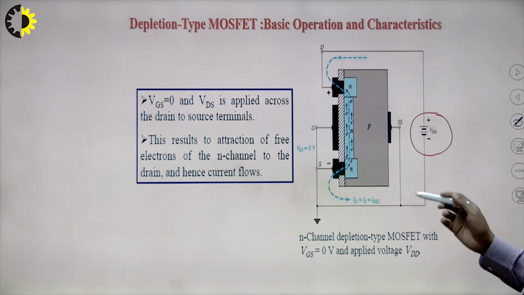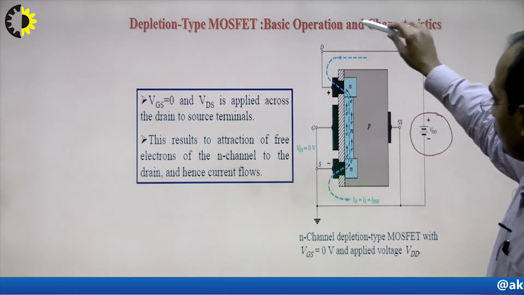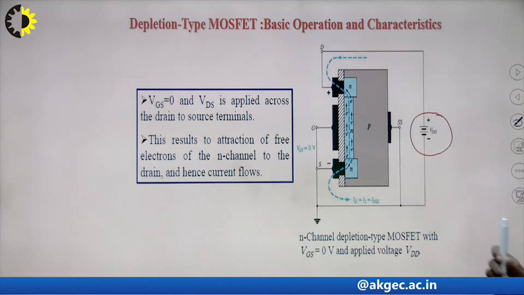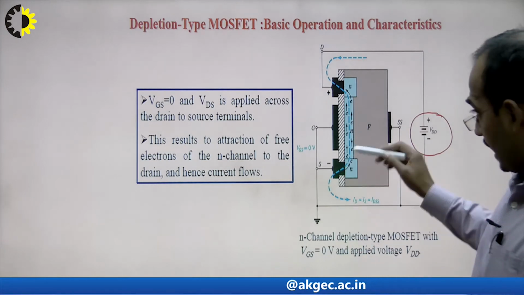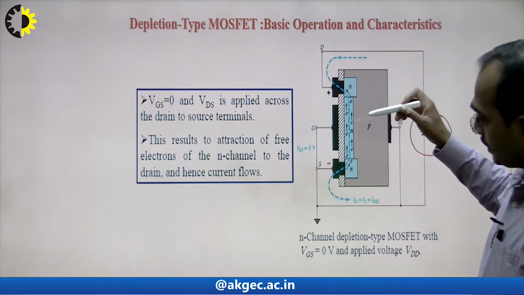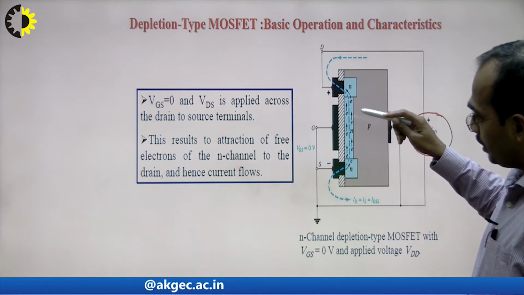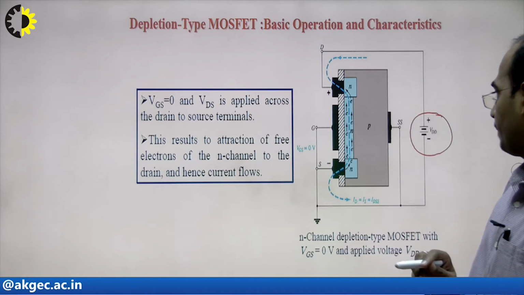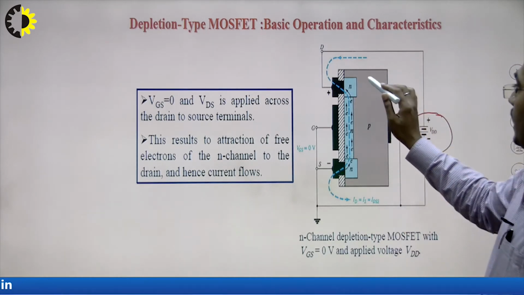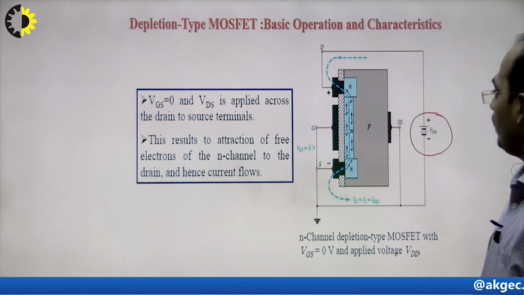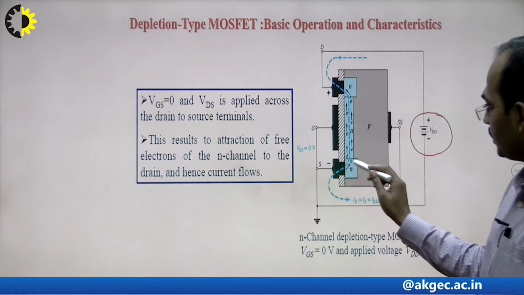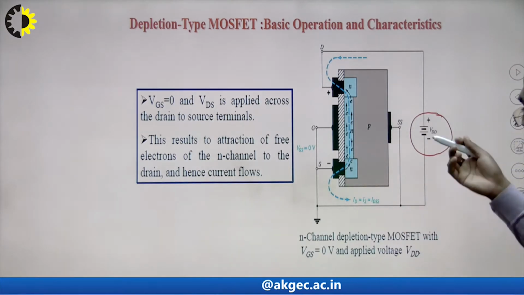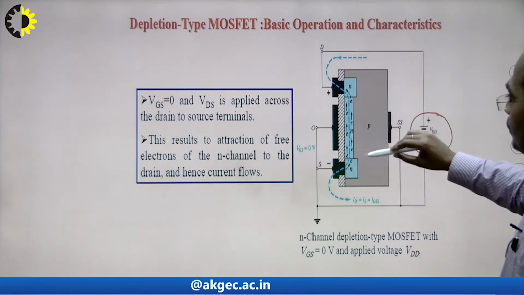From here you can see that this N well is connected to the positive terminal of the battery and this N well is connected to the negative terminal of the battery. This N channel is creating a path between these two wells for conduction of the current. The positive terminal will attract the majority charge carriers of this N well, and the negative terminal will repel the majority charge carriers of this N well. So, the movement of majority charge carriers will start from source to drain,